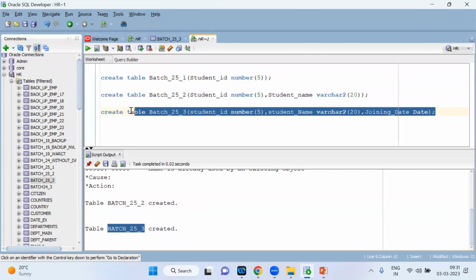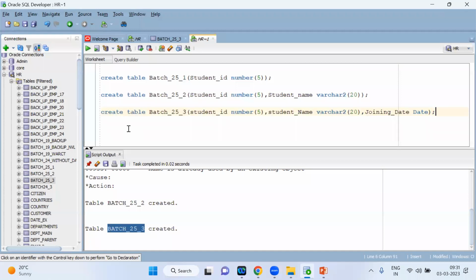Okay. Let's create another table, with a changing data type. Let's make it 4 here. For student ID, I'll give integer. And when you give integer, you don't have to give